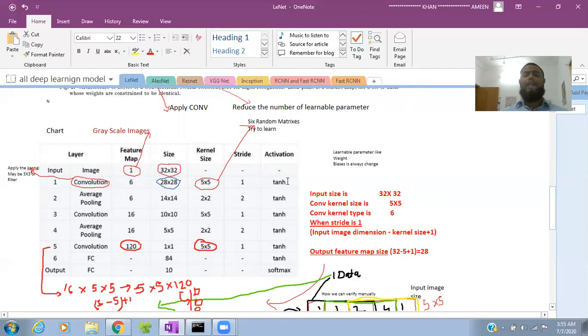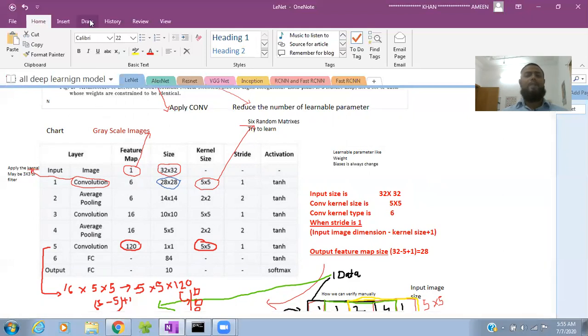Next they applied the activation function, which is the tanh activation function. Then they applied the average pooling, which is basically sampling. Max pooling is also there, but they applied average pooling.